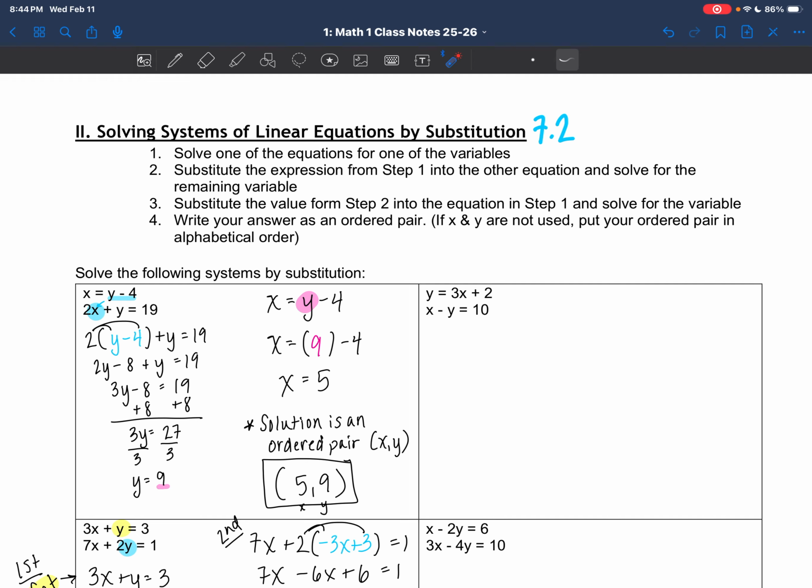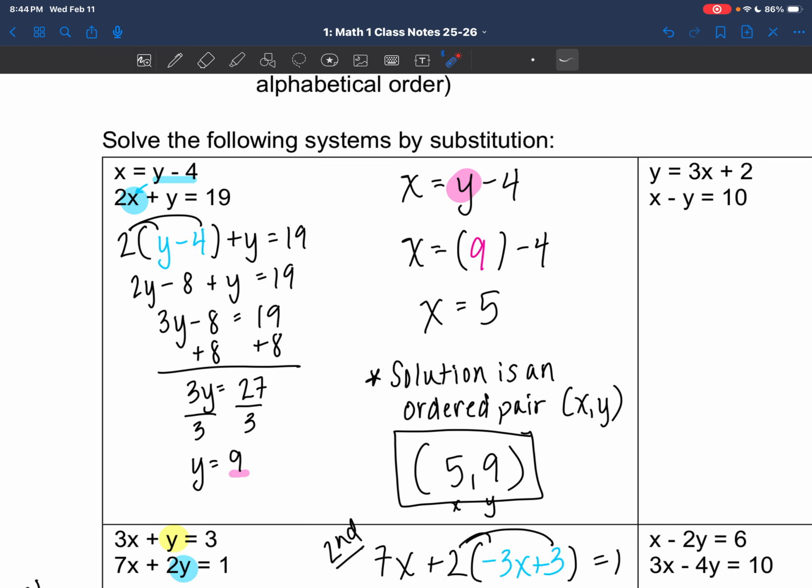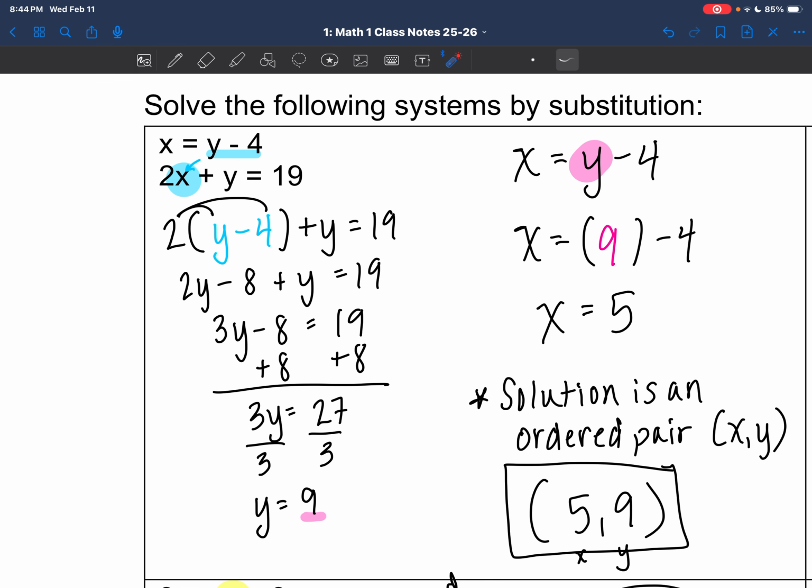It says write your answer as an ordered pair. If x and y are not used, put your ordered pair in alphabetical order. So we're going to start with these two equations. The goal is you want to get a variable by itself. So if we can isolate,